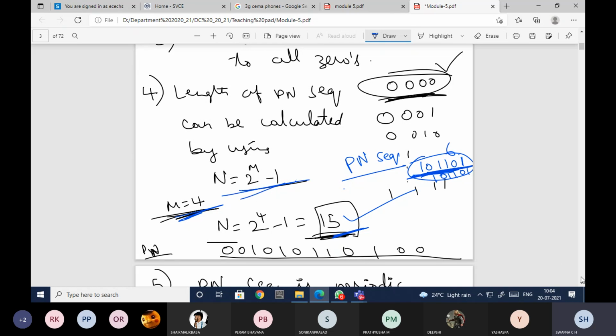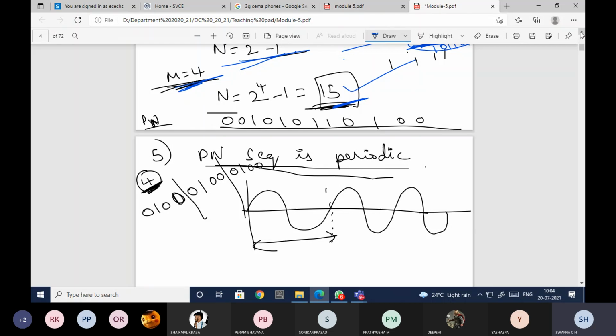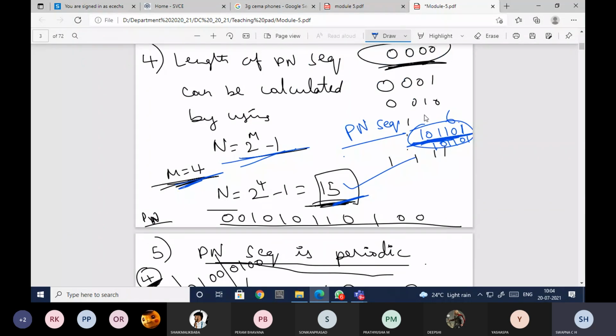If my PN sequence N consists of 6 bits, after the 6th bit, whatever data I got initially, the same I'll get once again, and this process will continue. So the PN sequence obtained is nothing but a periodic signal. Periodic in the sense that after a certain time the same sequence will repeat once again. That is what periodicity means.